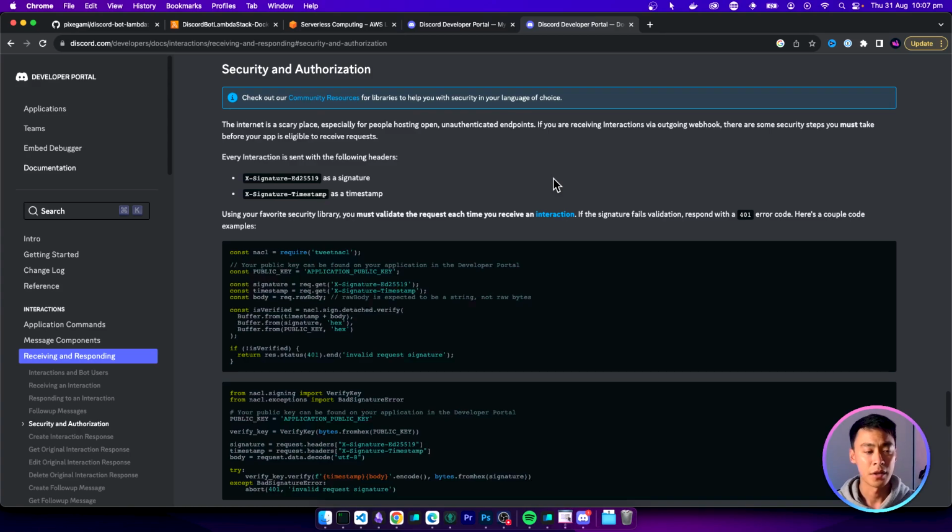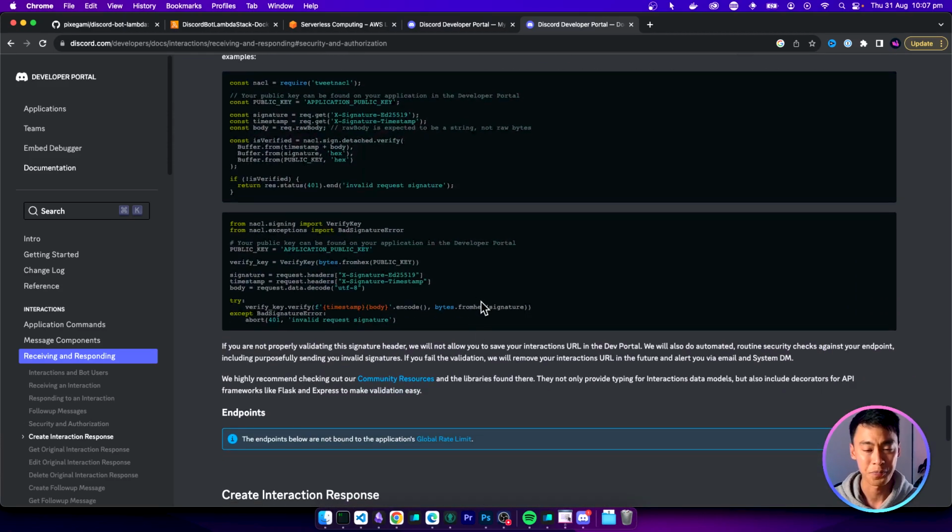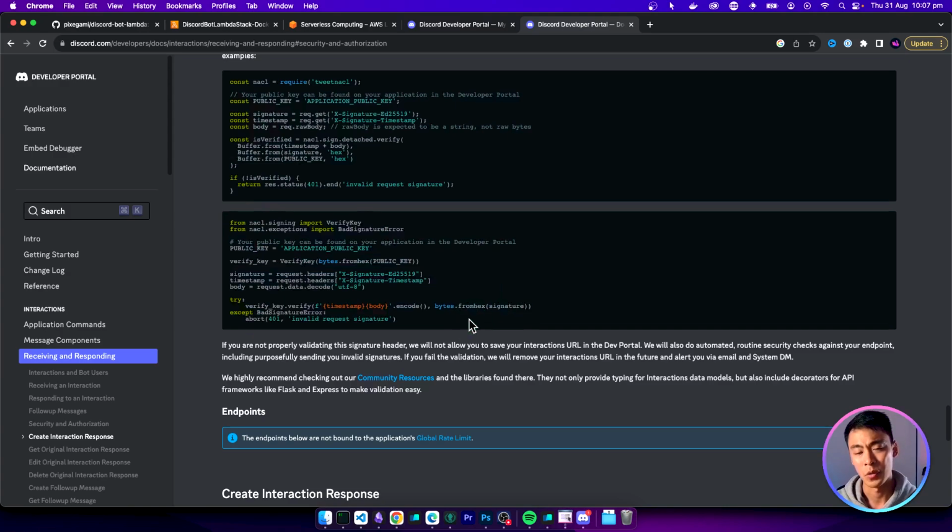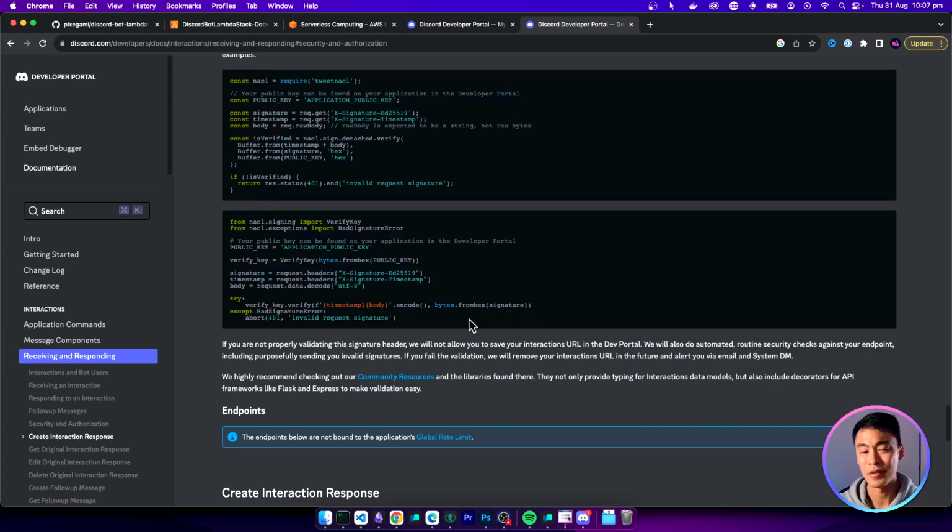To prevent that, Discord will have a special token that it will send along with its request. It's our job to validate that the token is legitimate and that it's actually from Discord itself. Since no one else will have access to the secret token, that's how we know that it's a legitimate request. Adding it isn't so straightforward. You can go to the documentation and read examples on how to do it here. There's actually an example here in Python, but where this is complicated is that we have to figure out how to add it to our endpoint, but we also have to figure out how to package all of these dependencies and host it on AWS Lambda.